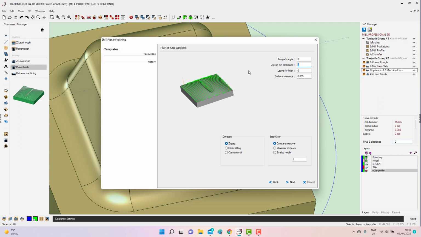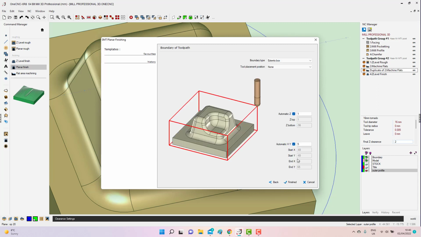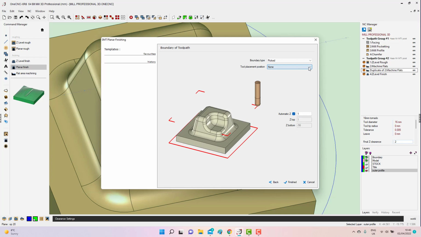Zigzag minimum clearance is how far you want the tool to lift up before it repositions. I don't really want it lifting up, so 0. Don't want to leave anything for finishing, and because we've got a flat area, I'm going to use constant step over, and maybe just for this example 0.2. Okay, the boundary type, we're going to use picked. Tool placement position, we need the center line of the tool onto the boundary, so none, and the top of the job is 0. Bottom of the job, that plateaus at about -22, so I'll just go -25 just to be on the safe side,